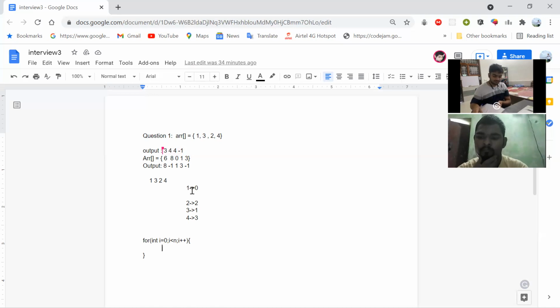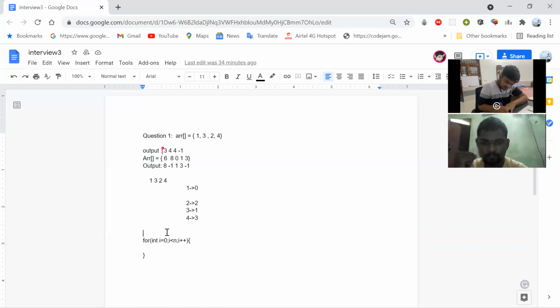Okay. What I can do here is take an array of the same size as the given array.